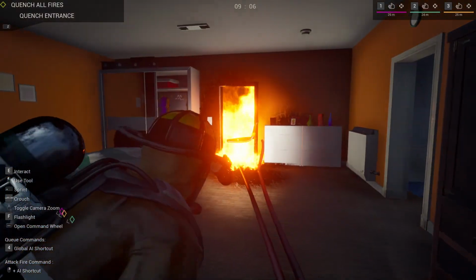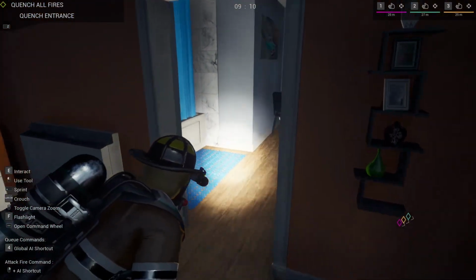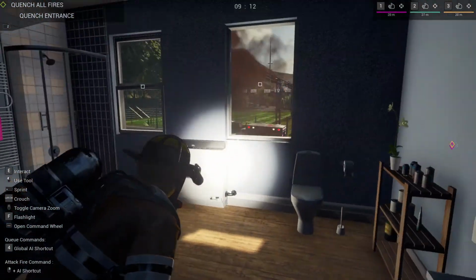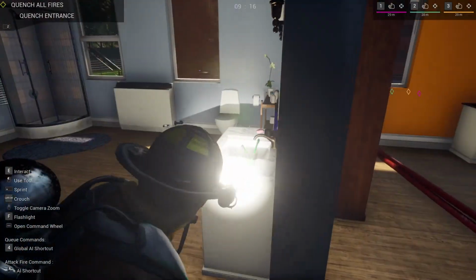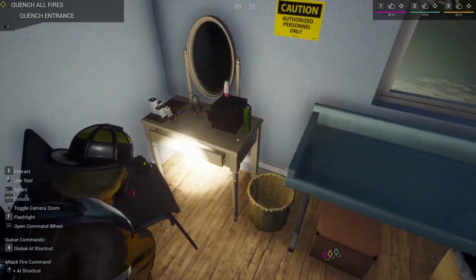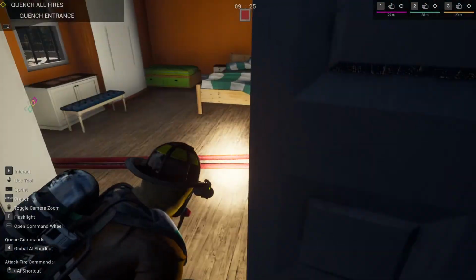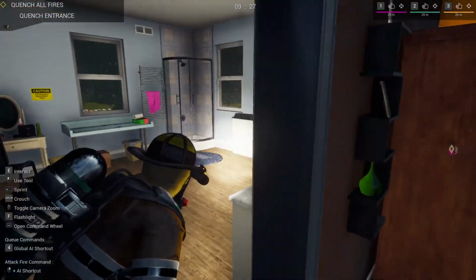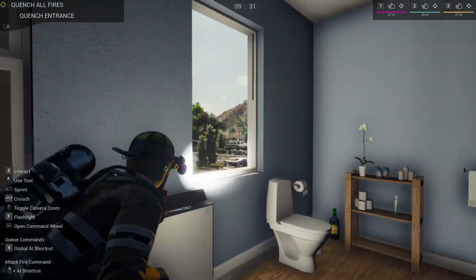So 8 minutes in, we've now spread into this top bedroom. Still no fire in this one, in this ensuite. Is it an ensuite? It's a bit weird. It's got a very large bathroom actually. Who can afford to have a bathroom this big? It's like the size of the bedroom. I don't know, is this an American thing, or is this just...